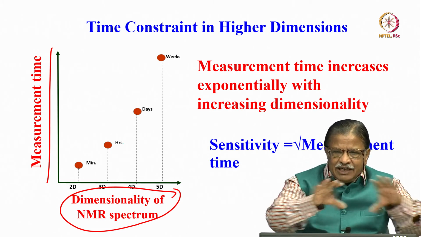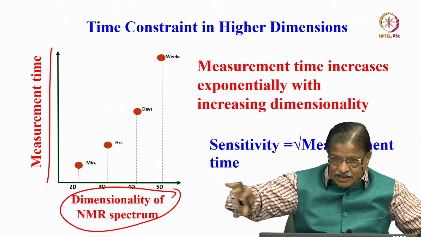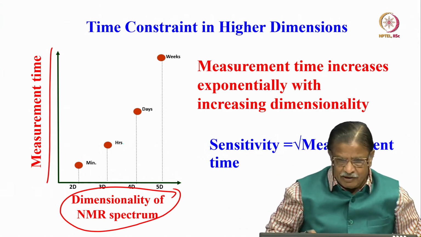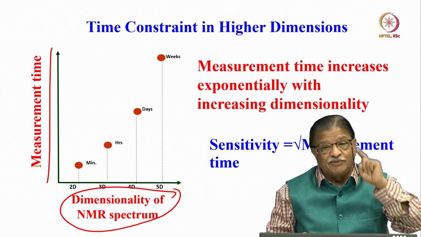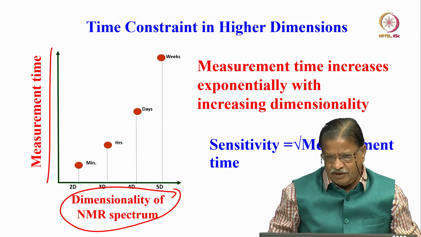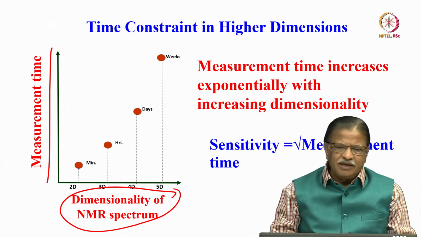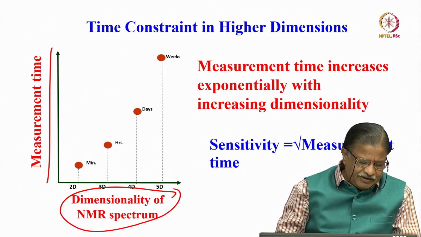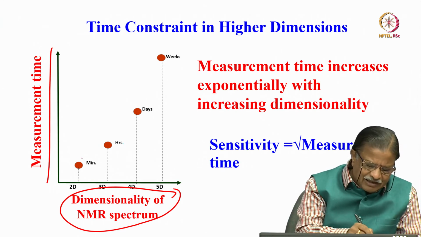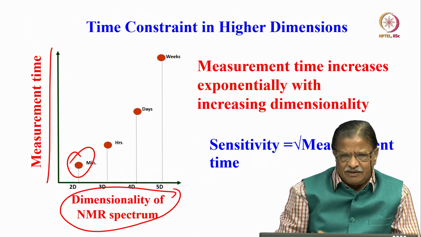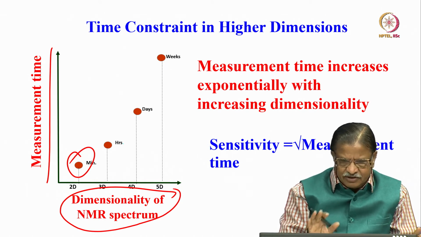You go to 2-dimensional NMR, how much time does it take? You have to acquire the data in 2 dimensions, like fixed time and vary the time. Every time you have to acquire the data, it is time consuming, no problem. 2-dimensional data definitely takes more time than 1D NMR time domain data. In the present day methodology there is also rapidity in the acquisition. You can say it is of the order of a few minutes, maybe 30 minutes to half an hour to 1 hour, no problem. That is also still faster.